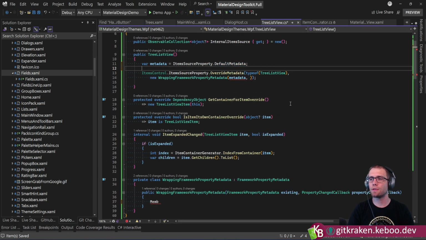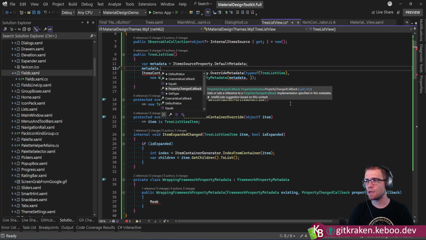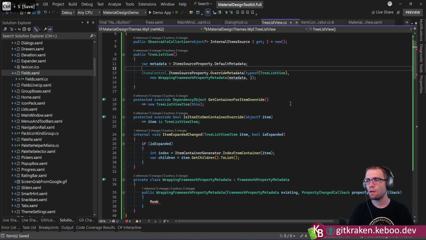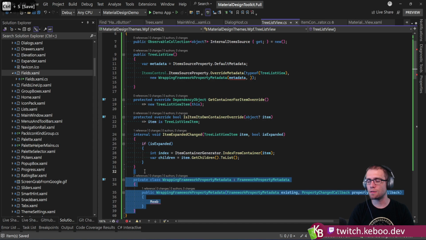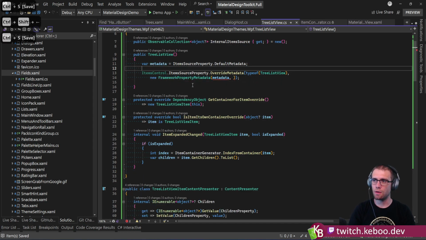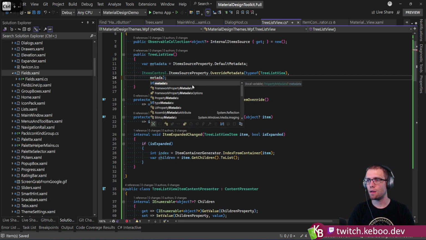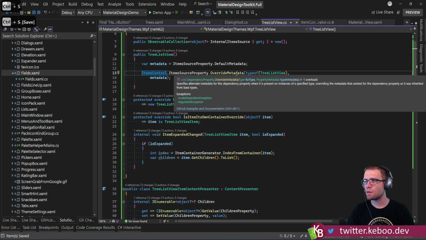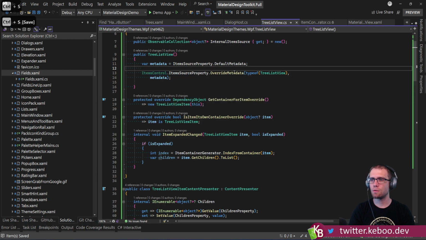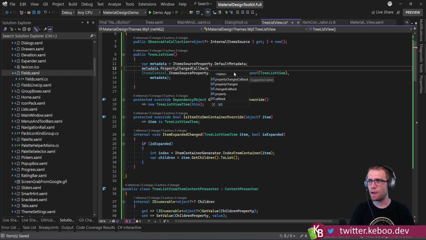If I just pull this out, what I really want to do is set the property changed callback, which is a get/set, and hijack. So I don't need this. Okay, I'm being dumb. What I really want to do is just metadata. Boom. All right, so we want to come in here and we want metadata's property change callback